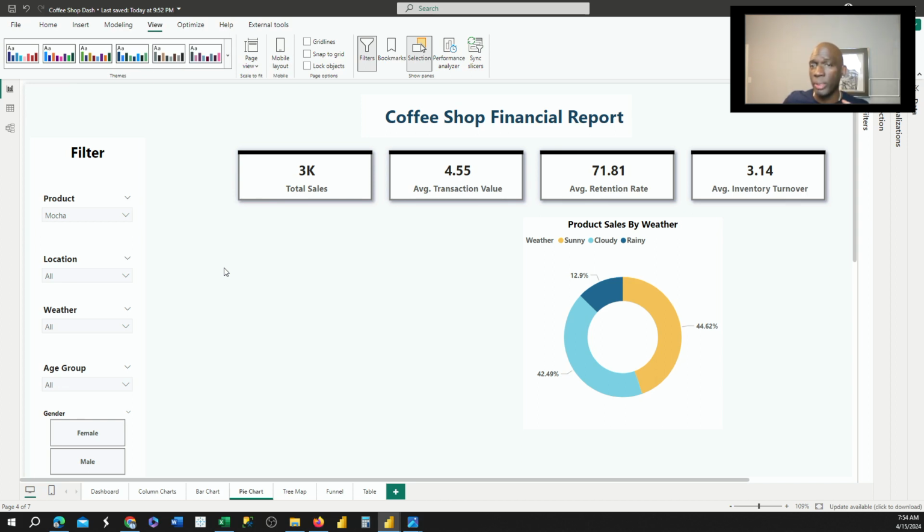Now, let me back up. Let me say this first. If the company uses red or they use shades of red, there's nothing wrong with using red. And there's nothing wrong with using green or yellow. But if they do not give you a color scheme, what I would say is do not use red, yellow, or green except for red showing negative or red being bad, green being positive or good, and yellow